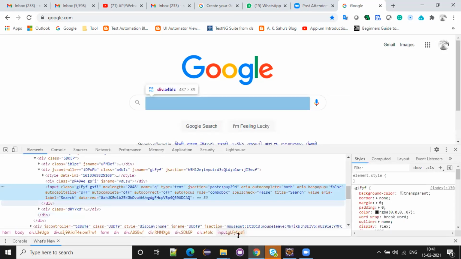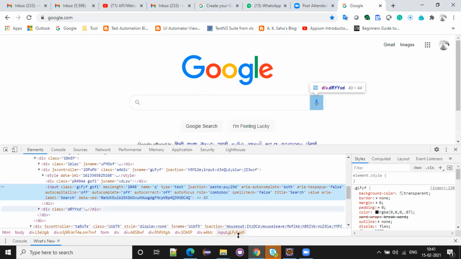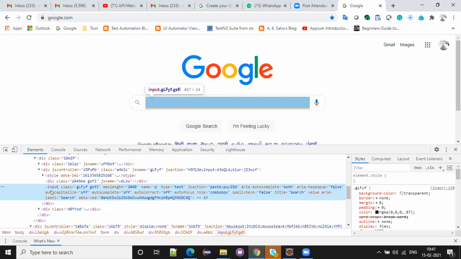A relative XPath gives an immediate change. Whatever it is, this is an input box. First you need to understand the structure of the HTML code: what is div, what is input, what is select, what is li, what is table.